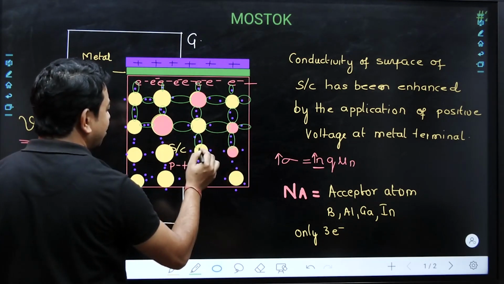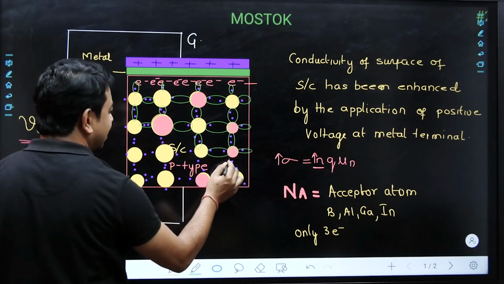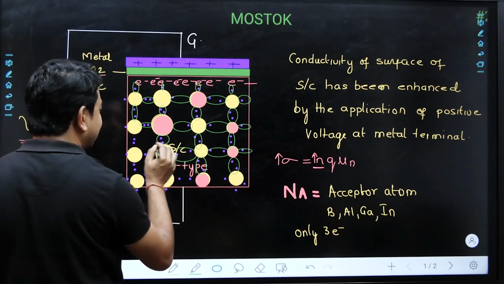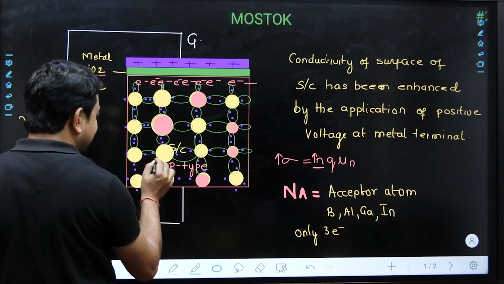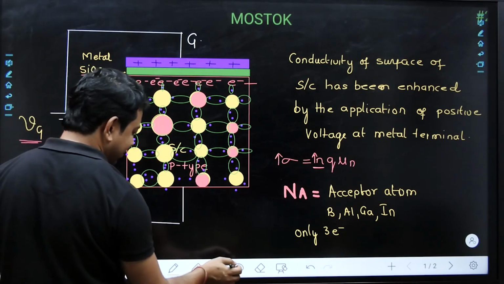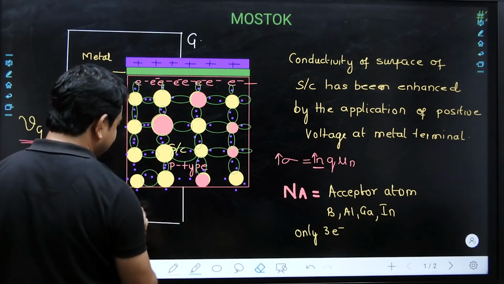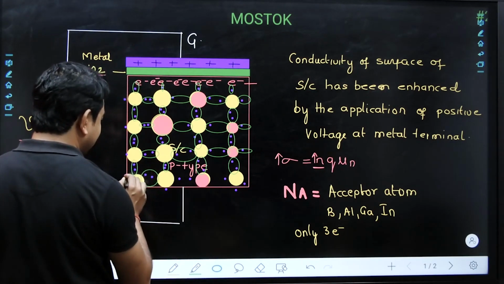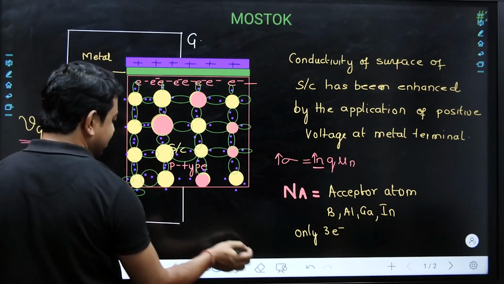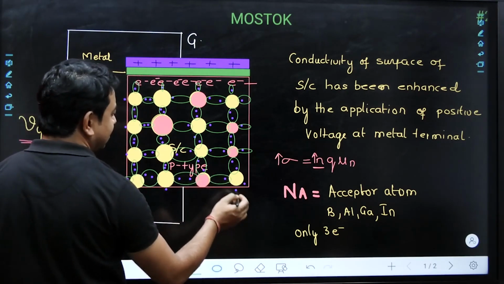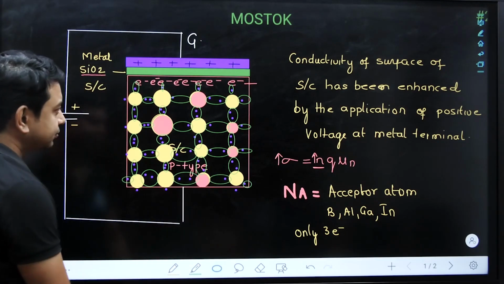So these are all the covalent bonds which are present here, and I must take some time to draw this one so that you can have a better microscopic idea that we won't get in any of the books. So like this. Here we have one more electron, so I just removed one, and after that we again draw the covalent bond. I do this so that you get a better idea and we can analyze properly.